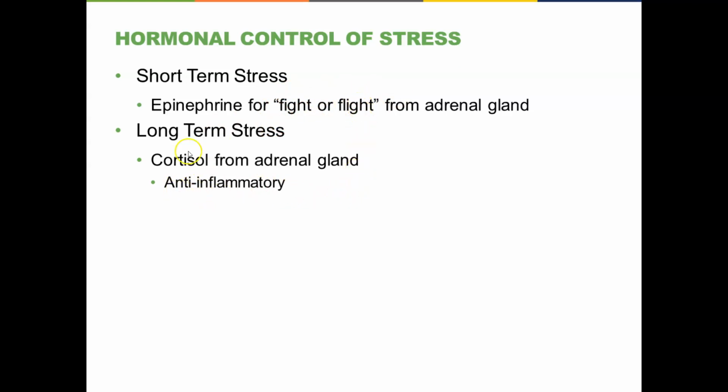Now, long-term stress, bad stress, continuously stressful situations tend to cause the release of cortisol from the adrenal gland right here. That is an anti-inflammatory. Unfortunately, that also means it depresses your immune system. Long-term stress depresses your immune system. Taking lots of anti-inflammatory substances depresses your immune system. An immune response is inflammation. This is part of your immune response to wounds and damage. But long-term stress triggers long-term inflammatory responses, and we have a hormone that counteracts that. But the downside is it makes us more vulnerable to infection.